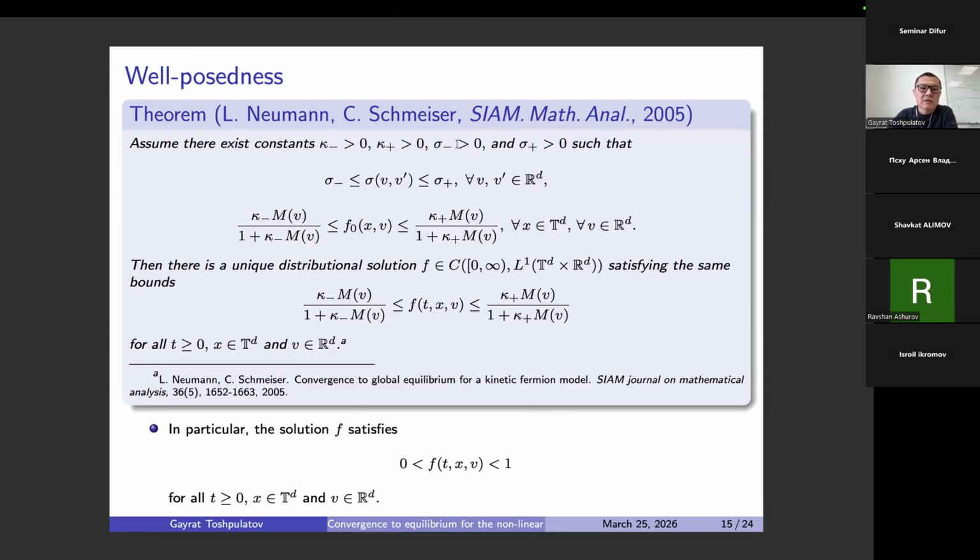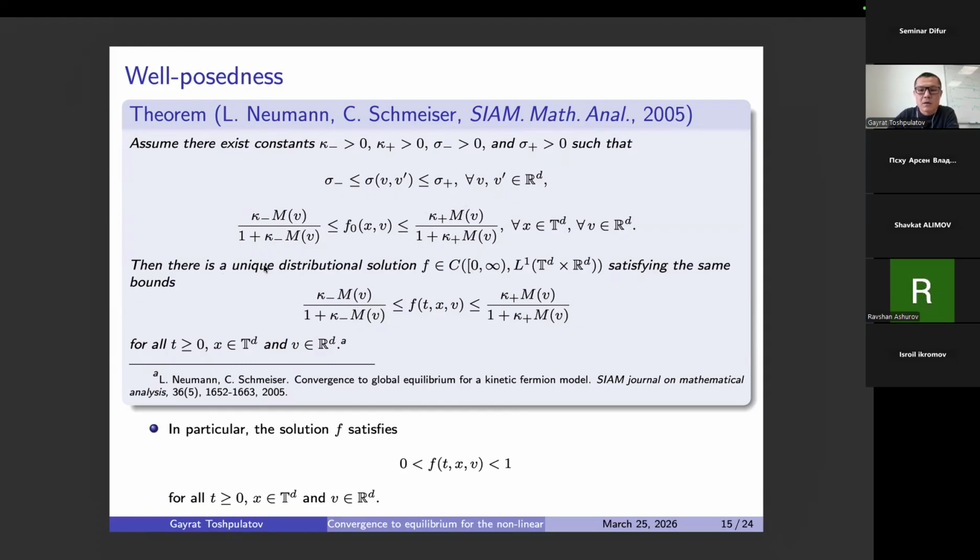They showed that if there exist positive constants kappa minus, kappa plus, sigma minus, and sigma plus, such that this function sigma is bounded from below and above by positive constants, and if the initial data satisfies these bounds, where kappa minus and kappa plus appear, and M